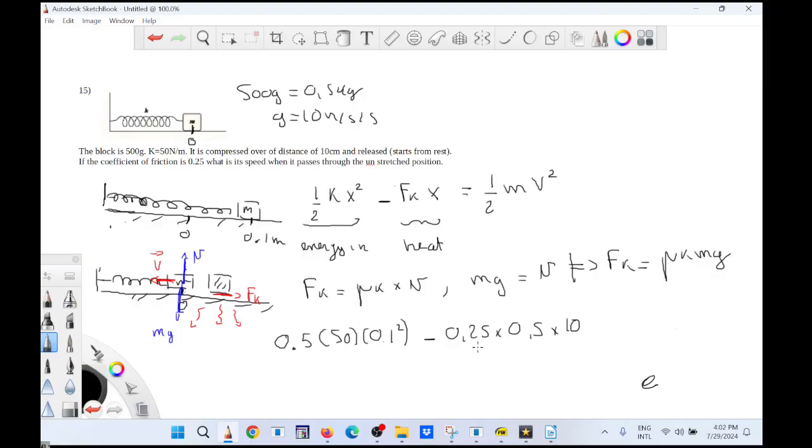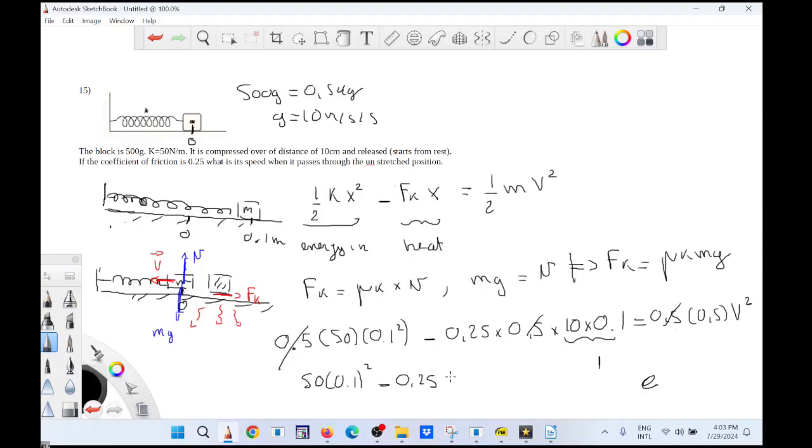So that's g times the displacement, because this is work, equals 0.5 times the mass times the speed squared. We can simplify a tiny bit here, and this is going to be 1. 10 times 0.1 is 1. So we have 50 times 0.1 squared minus